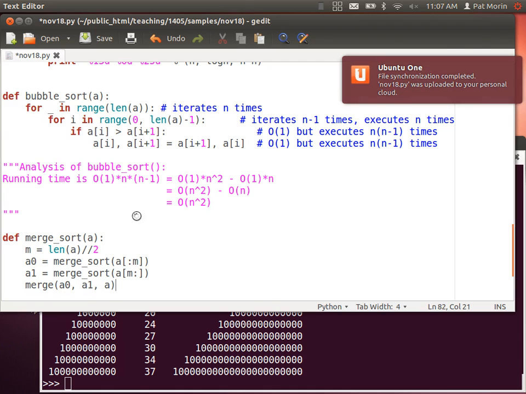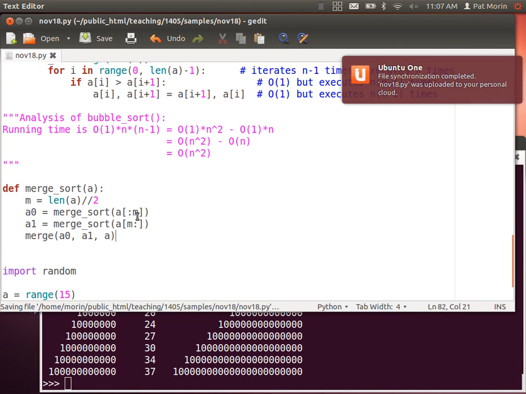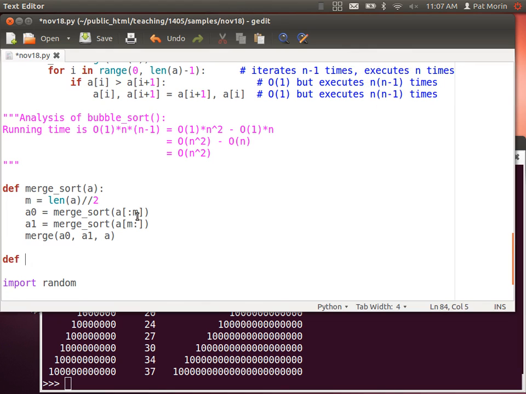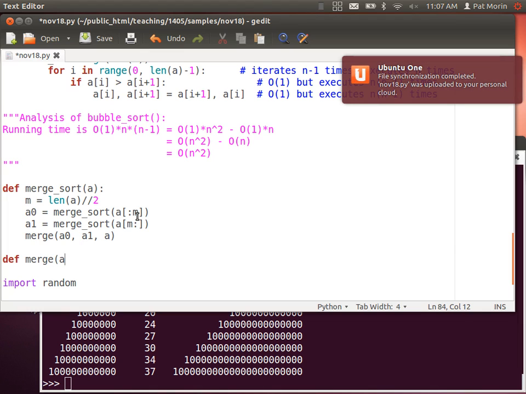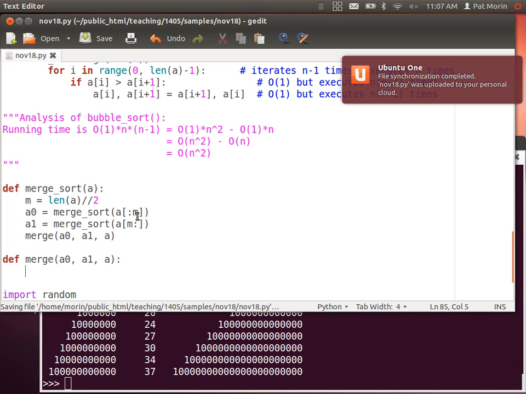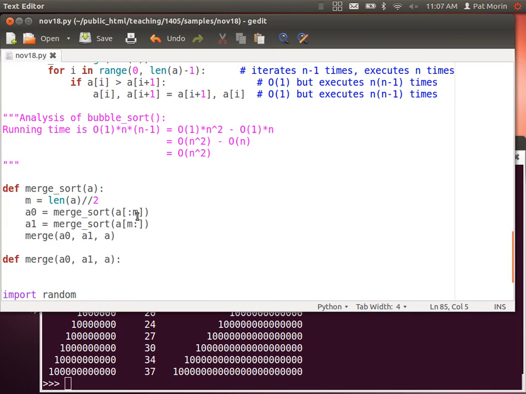So that's the first half of the array. That sorts the second half of the array. So now we have these two half arrays that are sorted. And then we call merge to merge A0 and A1 and store the result back into this original array A. Super simple algorithm,